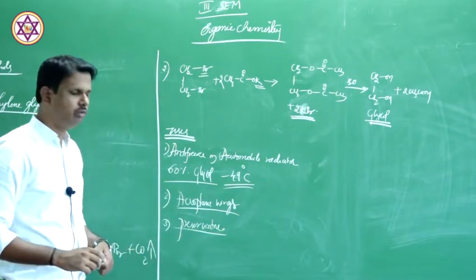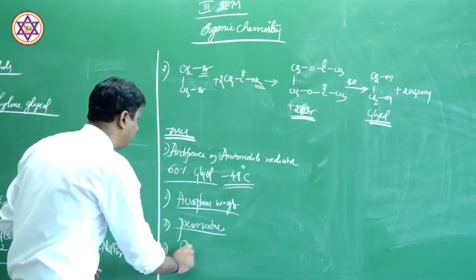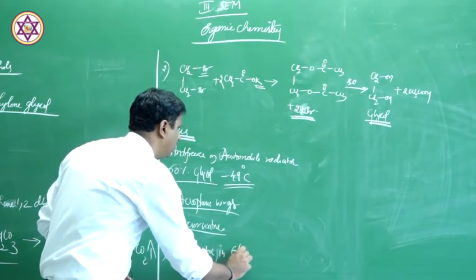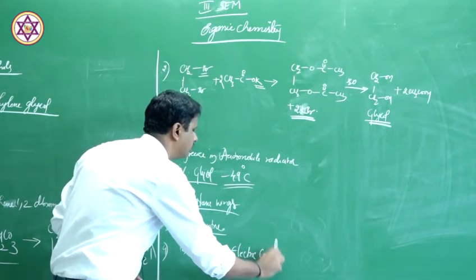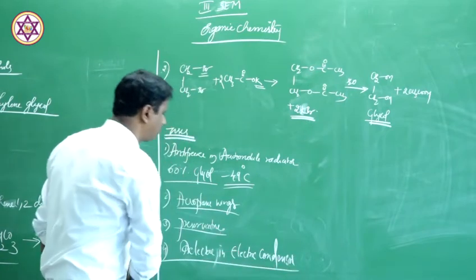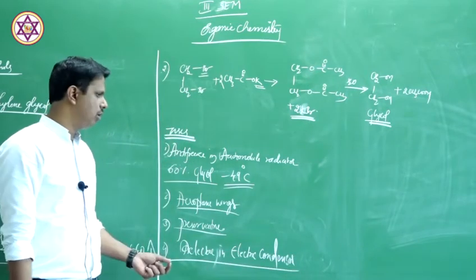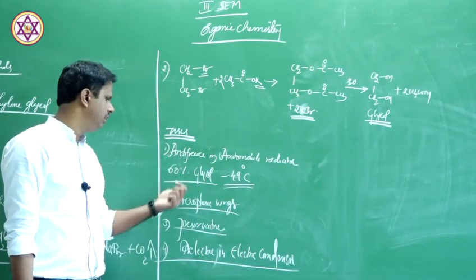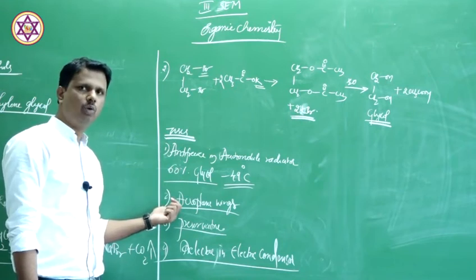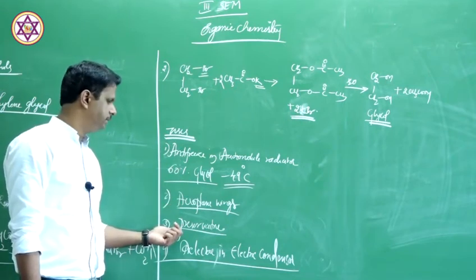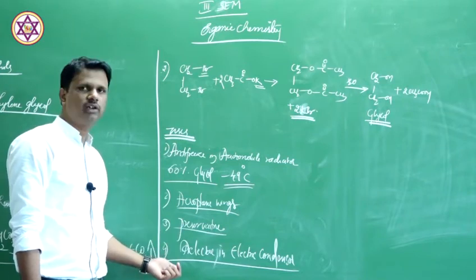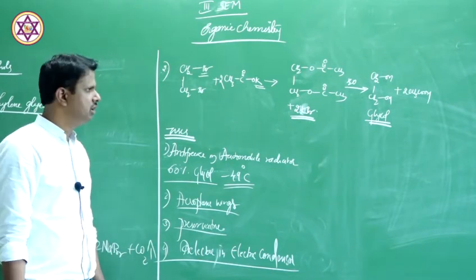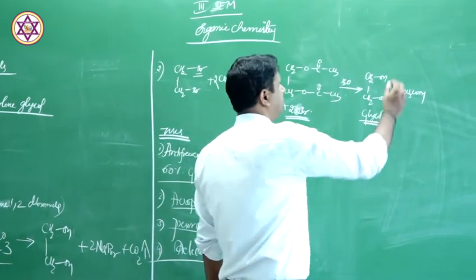Used as a preservative. And the fourth one, used as a dielectric in electric condensers. So you need to remember all 4 points, these are very important. Used as antifreeze for automobile radiators, used in aeroplane wings to avoid the formation of ice, used as a preservative, and also as a dielectric in electrical components, in the electrical condenser. That is about the uses. Now we'll move on to the next section.